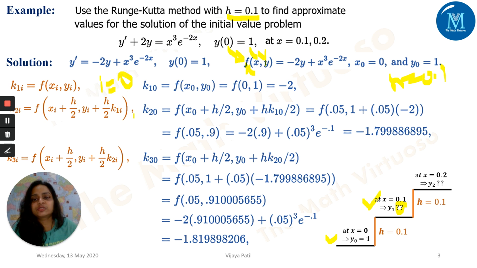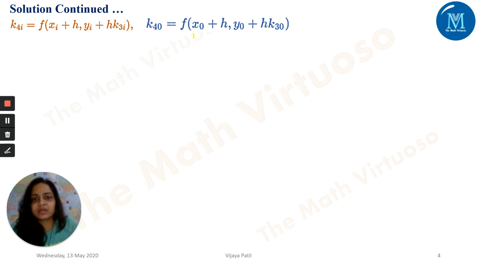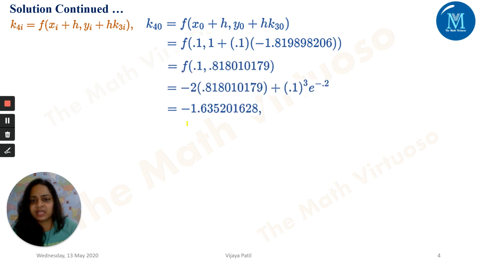Now I'm keeping i equal to 0 until now. Let us go for the last one, k4i, because I'm interested in yi plus 1, that is y1, as my i in the present case is 0. Therefore it's k4i. It's been given to you like this. We are just putting the values of x0, h and all. After getting it, we will get the value as minus